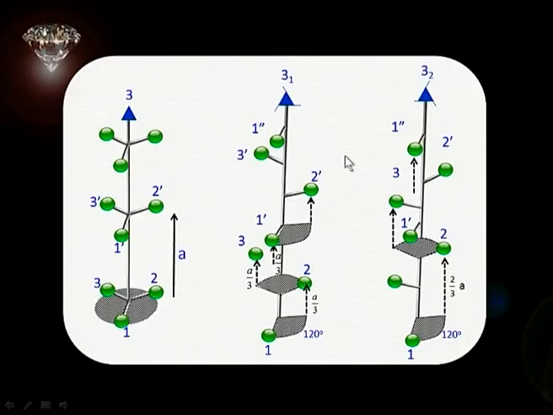Let us move further. Let us look at when n is equal to 3, what are the possibilities. This is my typical rotation axis 3. That means if I rotate by 120 degrees, I go from 1 to 2, 2 to 3, or say 1 prime to 2 prime, 2 prime to 3 prime, and so on and so forth. That is not a screw axis, that is a normal axis.